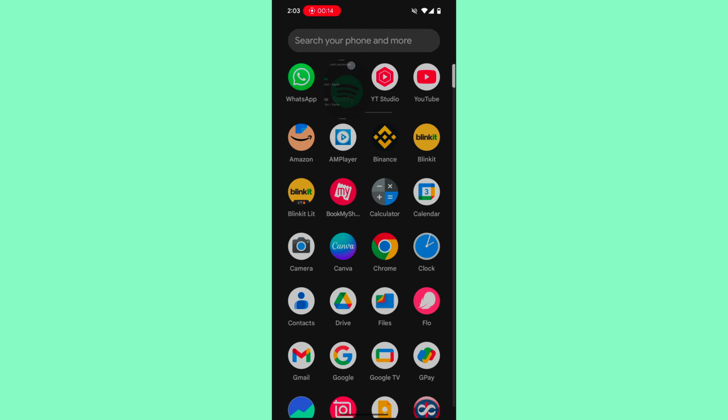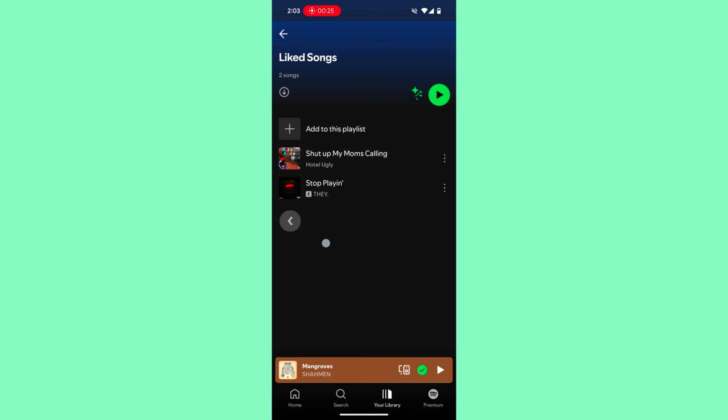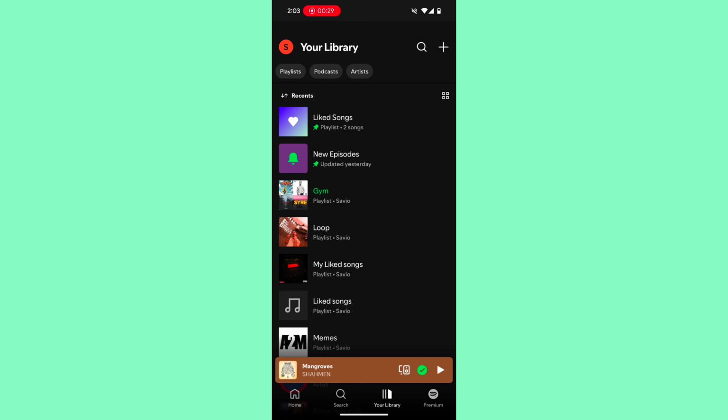First, you open the app and click on your Library on the bottom right. Once you open that, you have to search for Liked Songs. Here Spotify doesn't allow you to directly share this, but what you can do is, on the top right you'll